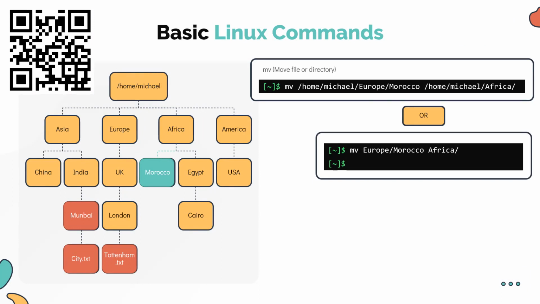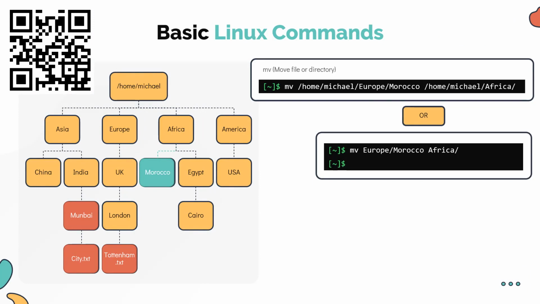If you are currently in the user Michael's home directory, then you can exclude /home/Michael from the source and destination paths. Going forward, we will simply use relative path for all commands, assuming we are in the user Michael's home directory. Moving along,